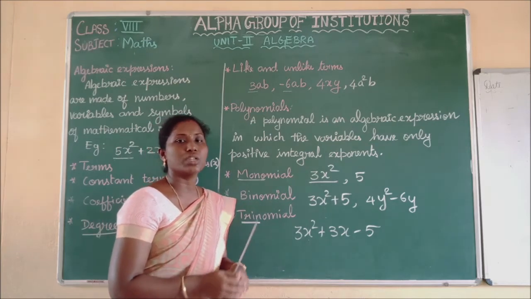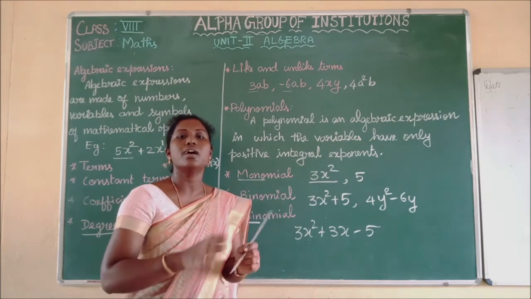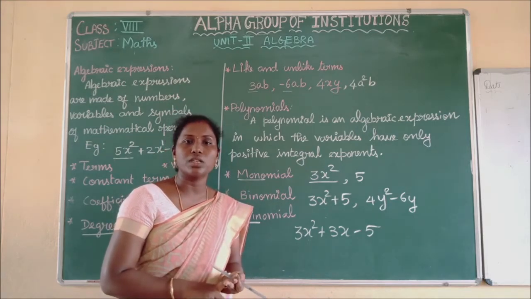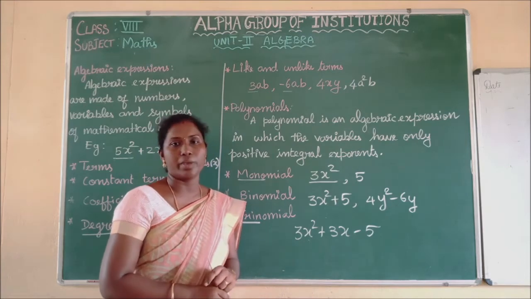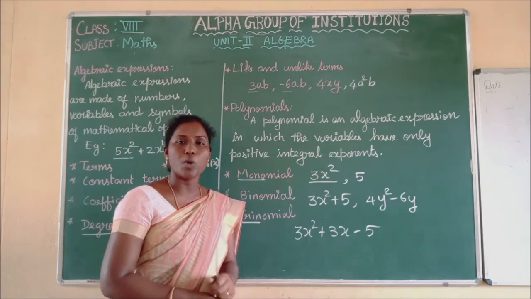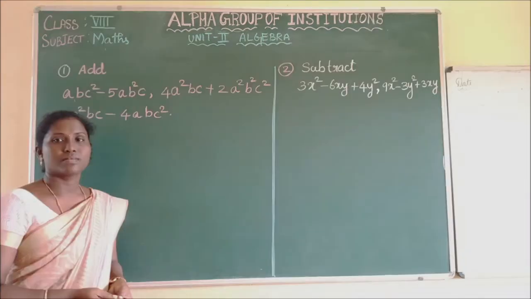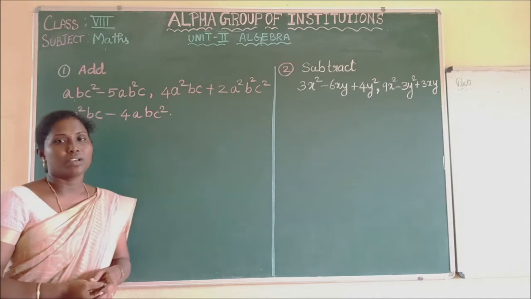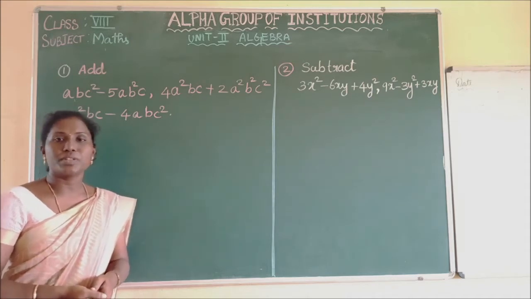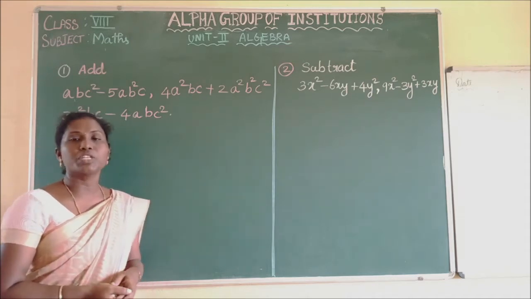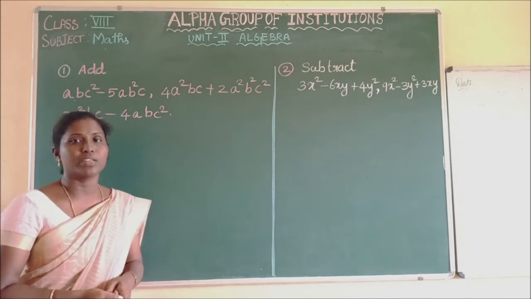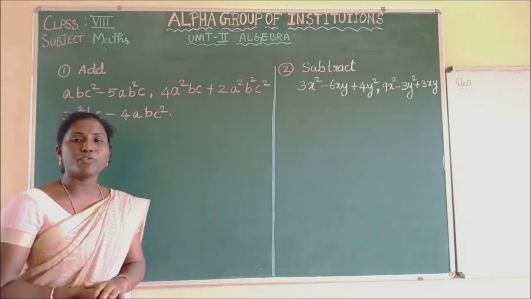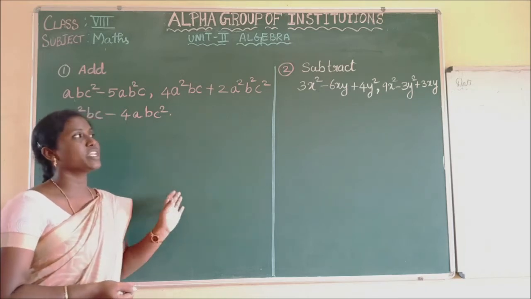Now today in this section, we will recall the addition and subtraction of algebraic expressions, and mainly we are going to discuss the multiplication of polynomials. Okay, so let us solve the problems based on this concept now. So children, we have discussed the basics of algebraic expressions. I told that we are going to learn the multiplication of polynomials: how to multiply a monomial with a binomial or a binomial with a binomial. Before that, we will have a revision of addition and subtraction.